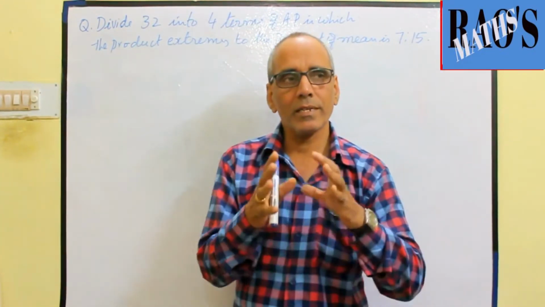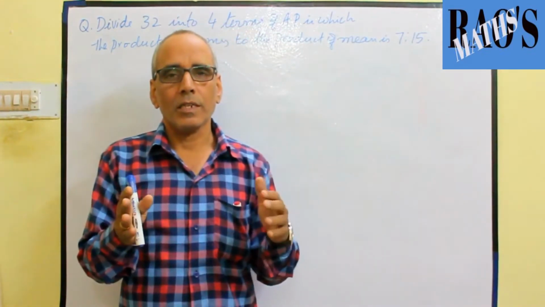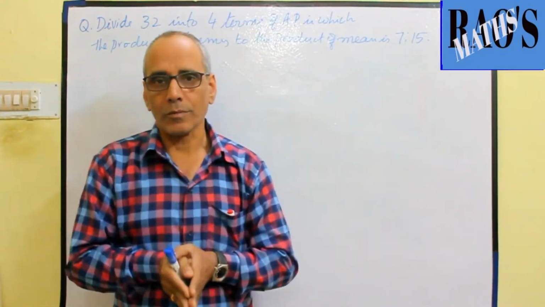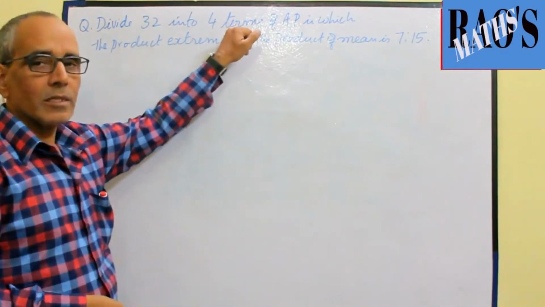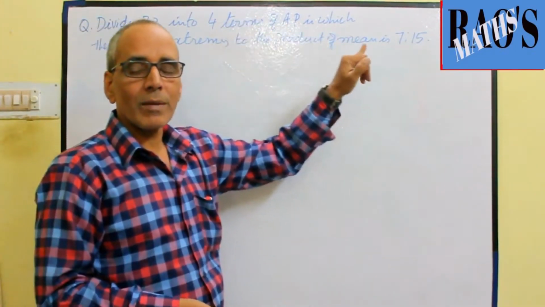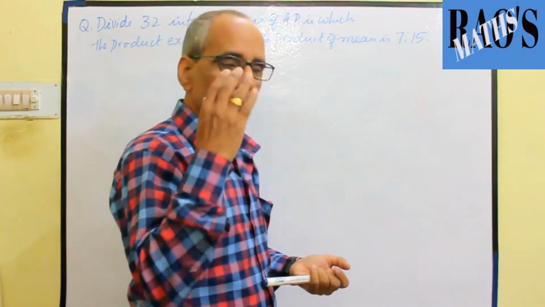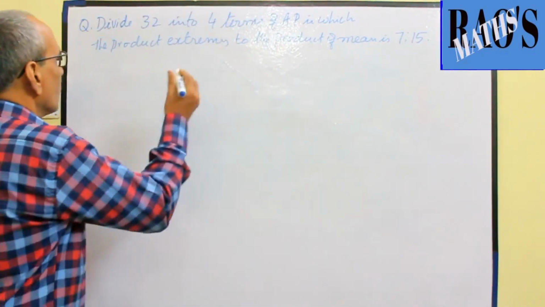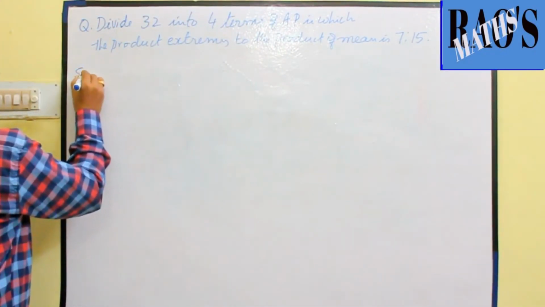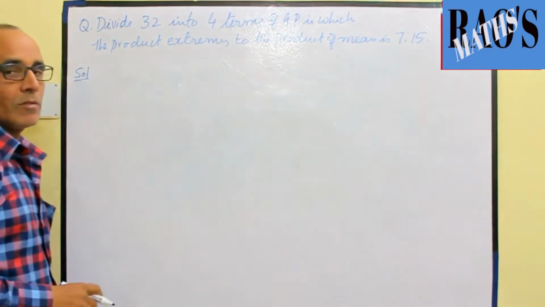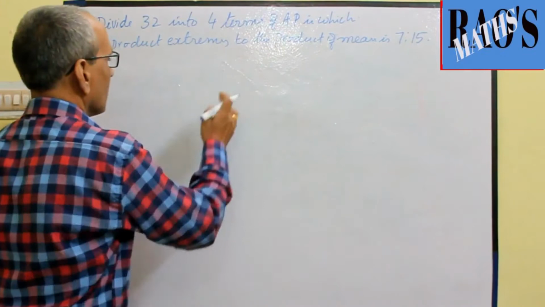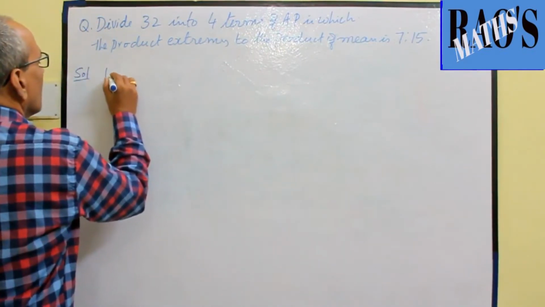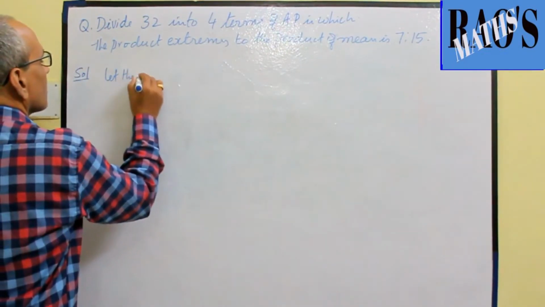Whenever we divide a certain amount into 2 parts, that means the sum of 2 parts is 32. Here we have to divide 32 into 4 parts, that means the sum of 4 terms of AP is equal to 32. That point you have to understand first. We already discussed and I also explained how to define the terms which are in even number. When the terms are in even number, we define them in such a way, let the terms